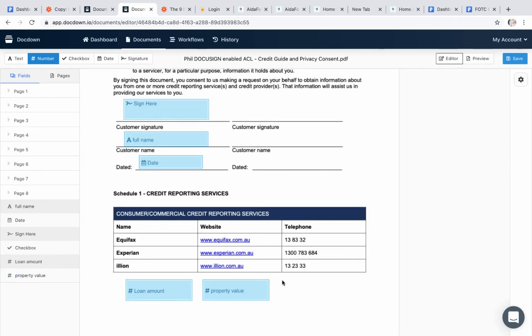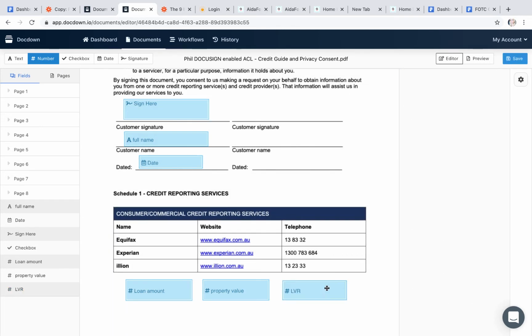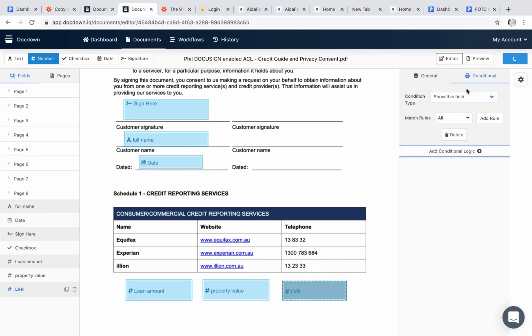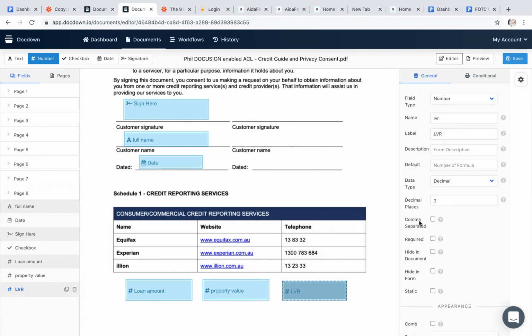Okay, and then this one can be LVR, which is loan to value ratio. Now with loan to value ratio, I'm going to do that as a sum, and the sum will be the loan amount divided by the property value. Okay, so the loan amount divided by the property value would be the LVR, and I can hide that in